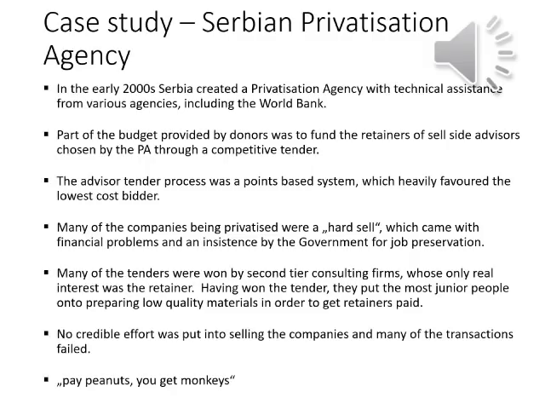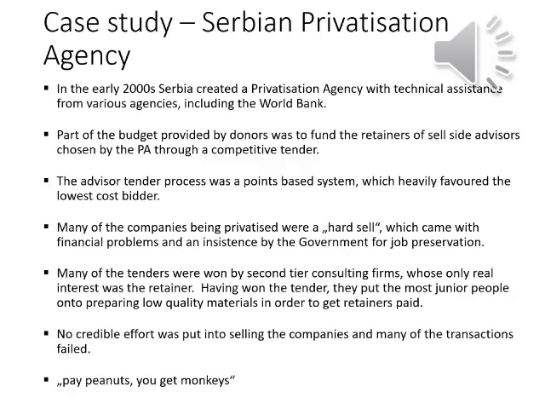This was a case of the Serbian Privatization Agency. This was an agency of government under the Economics Ministry, which was created under the auspices of the World Bank, and part of the money provided by the donors was also to fund retainers of sell-side advisors, which were chosen by the agency through a competitive tender. The tender process was a point system which heavily favored the lowest cost bidder, and many of the companies being privatized were quite unattractive companies, and they also came with strings such as an insistence by government that the jobs would be preserved. So many of the tenders were won by